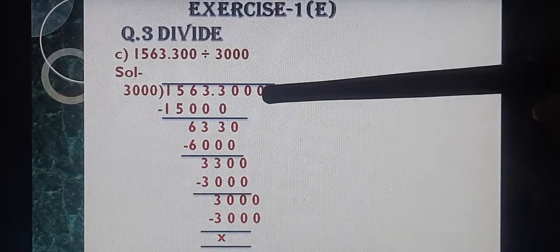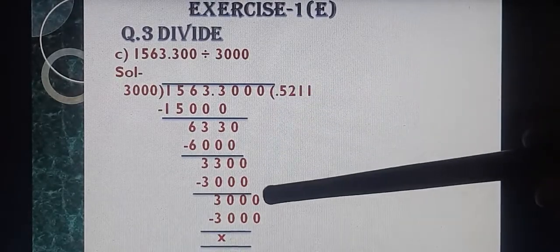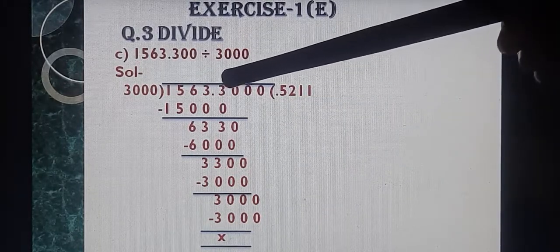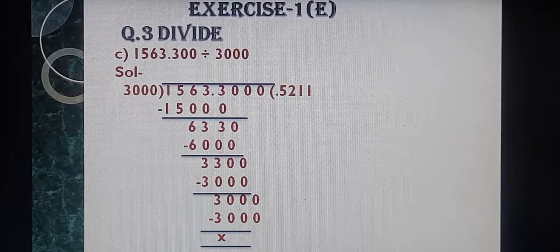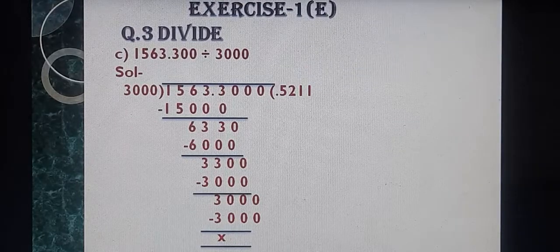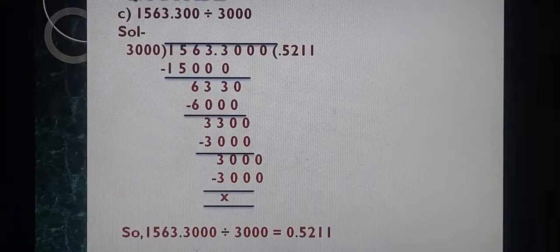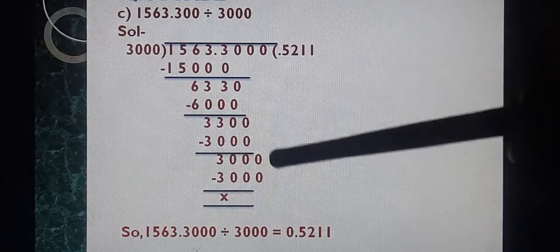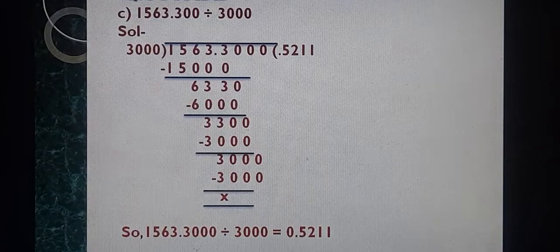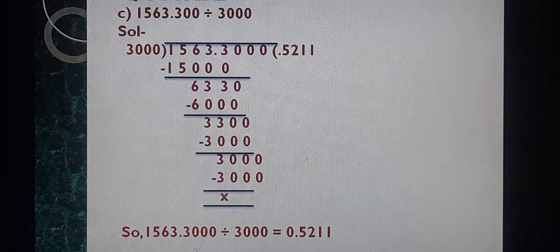So we will consider one more 0 here. We will put 0 in your dividend. Then we will consider that 0. Now it is 3,000. 3,000 ones are 3,000. Now see, after the decimal there are 1, 2, 3, 4 digits. Right? So here ones, tens, 100, 1000. Put the decimal. Decimal 5 to 1. 1 will be our answer. Right? The 0 which you have taken to complete your division will be considered when you mark the decimal. If you leave this 0, then we have 1, 2, 3 digits. Then our answer will become wrong.